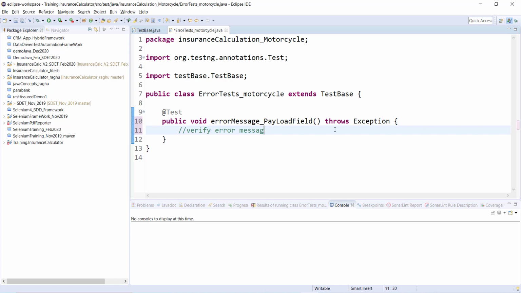We are not going to hard code the data mostly, right? But for error related scenarios, even if we hard code, there shouldn't be any challenge. If your error scenarios are dynamic, then you might not want to hard code. But if your error scenarios are very much static, then there shouldn't be any problem even if you hard code your test data for verification of error messages. Okay, so let us start.